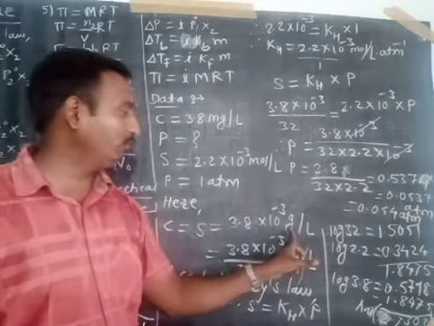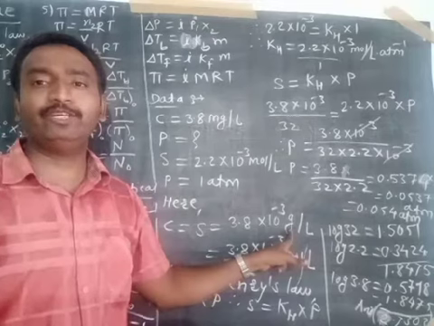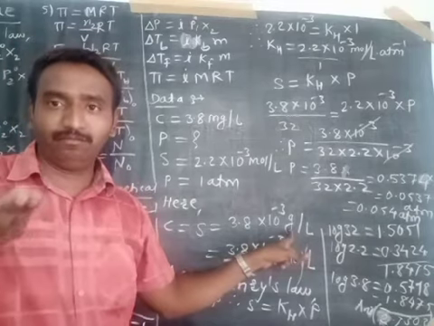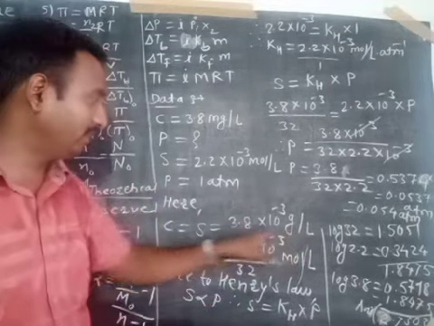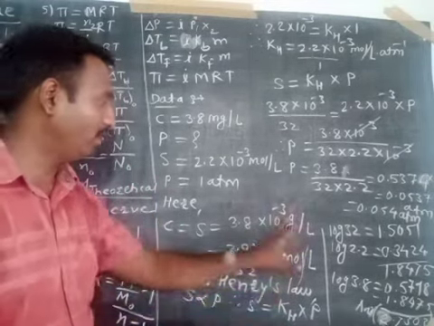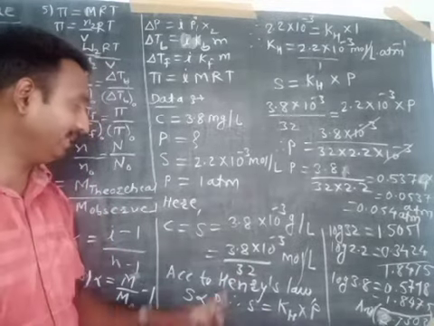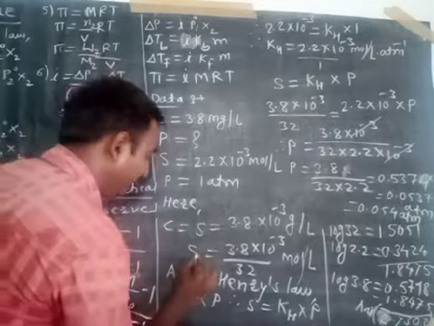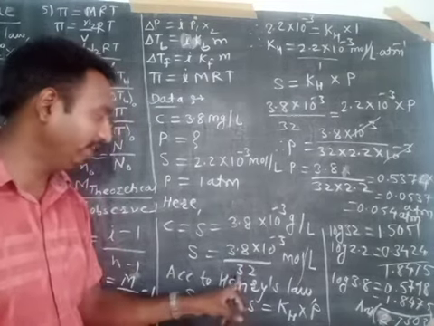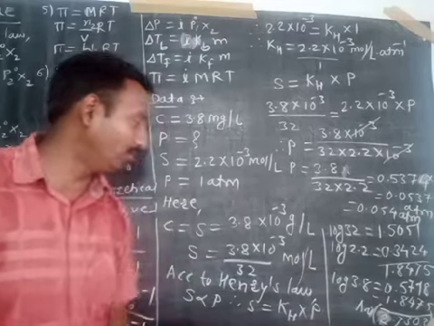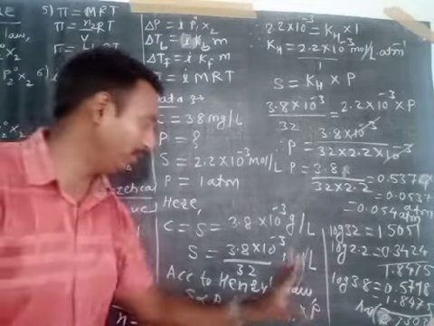Now we are going to convert this gram into the number of moles. How to convert the gram into the number of moles? Mass in gram divided by molar mass. Here mass in gram is already given, and molar mass for the O2 is 32, and that's why solubility in terms of mole is equal to 3.8 into 10 raised to minus 3 divided by 32 mole per liter, and that is the solubility in mole per liter.